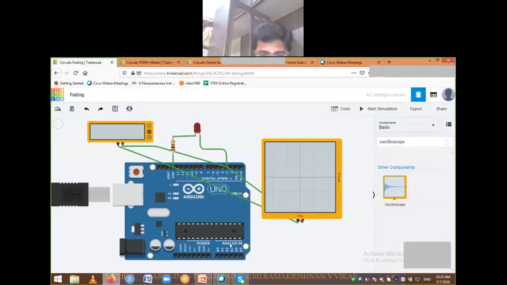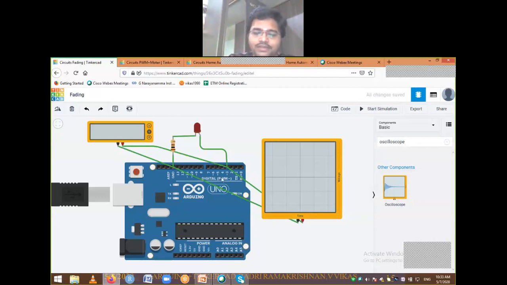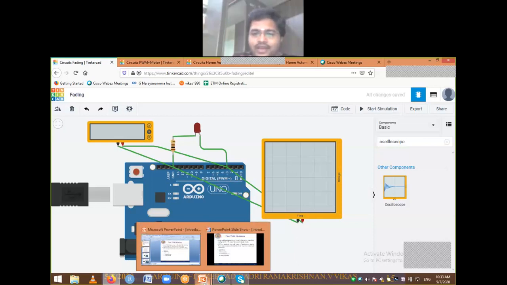The reason why we are going for pulse width modulation is, if I just look at the Arduino board, you see here I have pins for analog input values. That means I can give some values which are analog. When I consider digital pins, they are both input and output pins. But I don't have any pin which can give analog output from my microcontroller. That's the reason we want some mechanism wherein I can control analog circuits by using this Arduino.